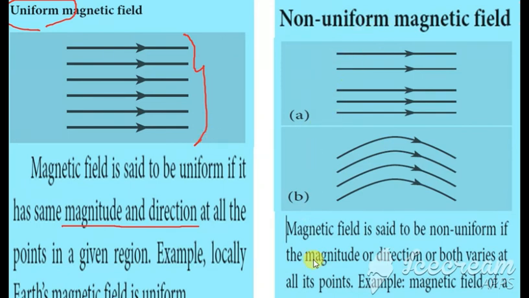But in the non-uniform field, the magnitude and the direction vary. When you see here, this is a thick line, whereas here is a thin line, and in the same way, the space between them also differs. Here also, this is not moving in a uniform straight way. So this all comes under the non-uniform magnetic field. Yes, so clear with all the topics which you have seen today.